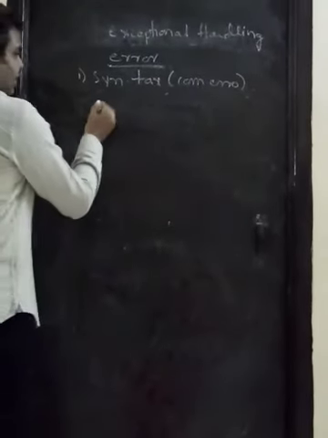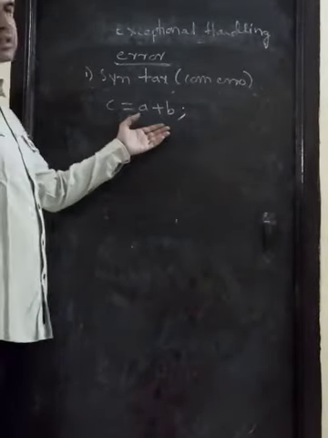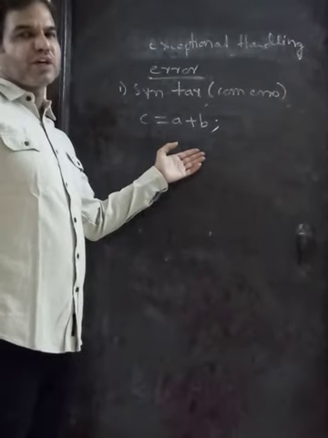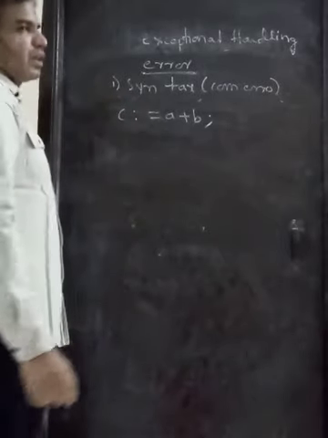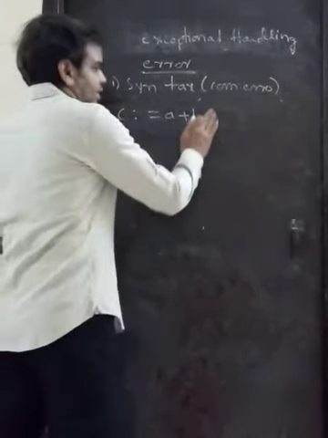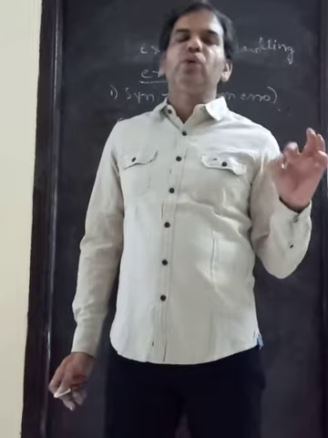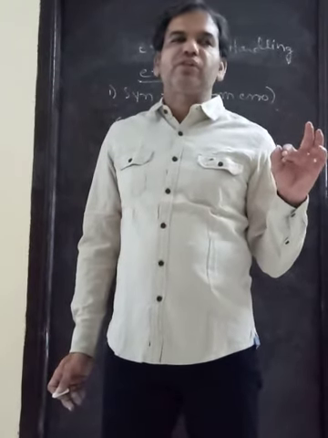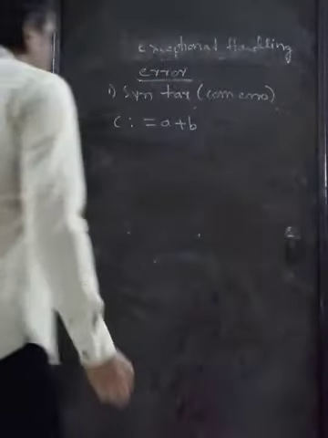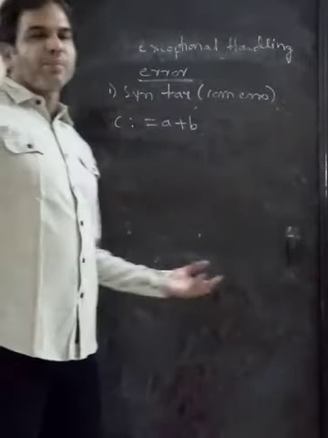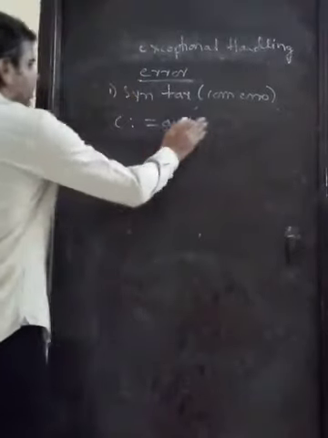In every programming language, C = A + B semicolon. Commonly in C, C++, even PL/SQL, a simple statement is terminated with a semicolon. In PL/SQL, we write C := A + B. This is a simple statement. If you do not terminate it with a semicolon, that indicates a syntax error. This will be shown at compilation time, and we can easily detect and correct it. There is no problem. The problem is the runtime errors.